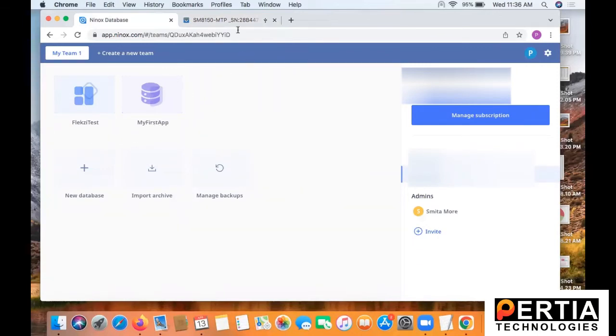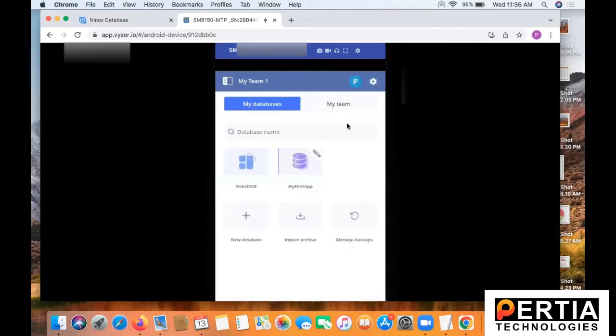I'm seeing two apps here, and when you log into Ninox through the app on your Android device, you should be able to see the same application. So it keeps your applications or databases in sync with the cloud version. This is the most awaited feature that I was really waiting for in Ninox, and I'm really glad to see this. With this feature, I do not really have to implement a mobile version of the product or the database that I have developed. So if I go ahead and click here,